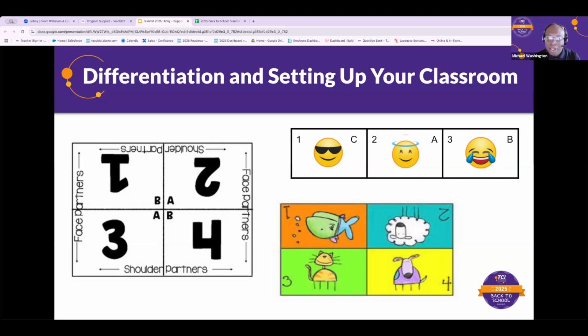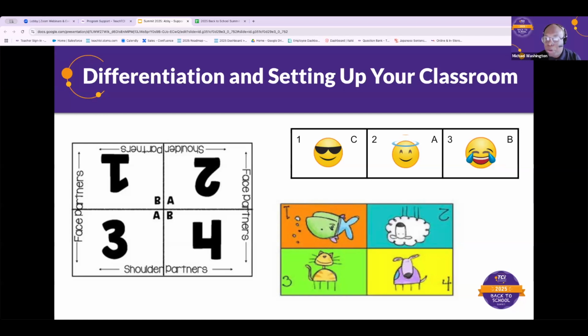But when you have these things set up in this way, for example, if you have a letter or a number, you can tell students, hey, all my letter ones, I want you to match up with a letter three, or all my laughing emojis match up with the angel. If you set that up by how students' levels are, you can match partners and match students up very, very quickly.